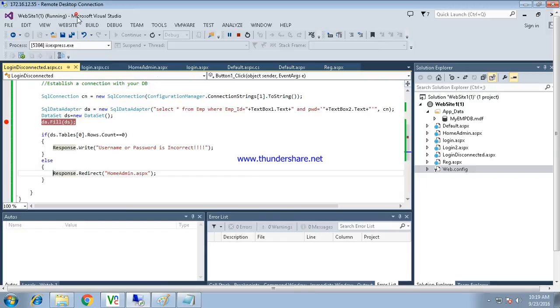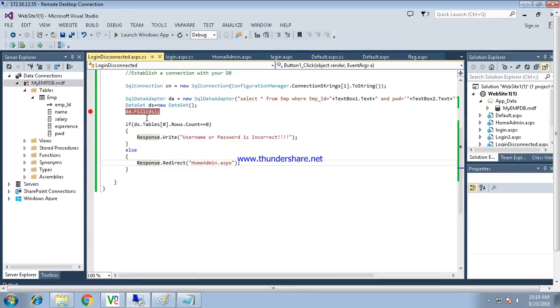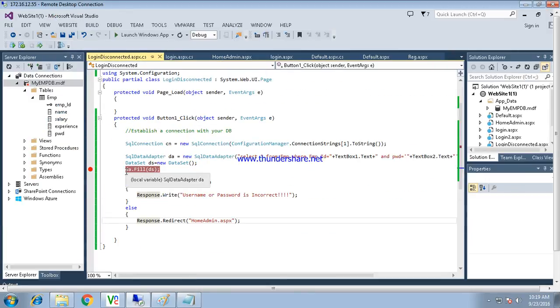So this is how we have a disconnected architecture. But see the difference: during this process we are not required to open or close the connection. And now we are only fetching the data.